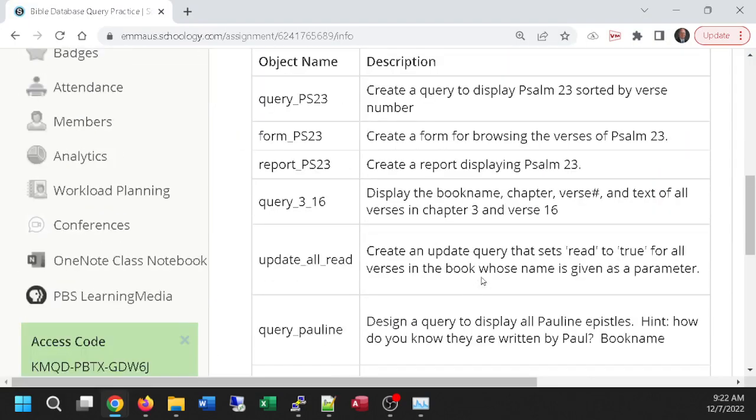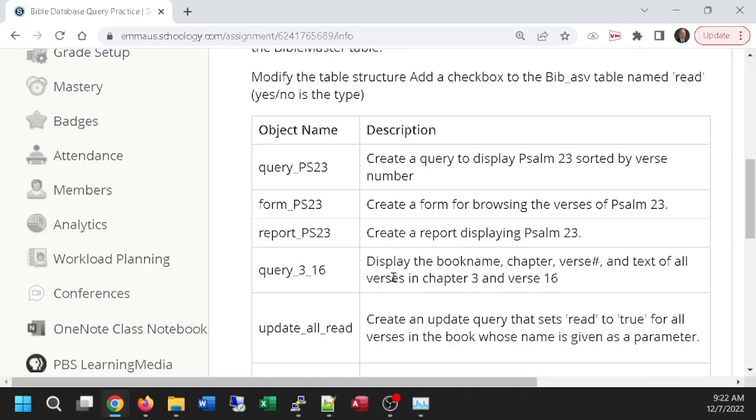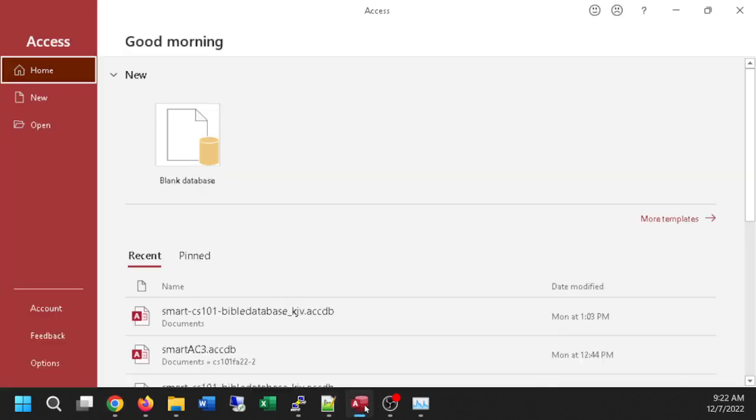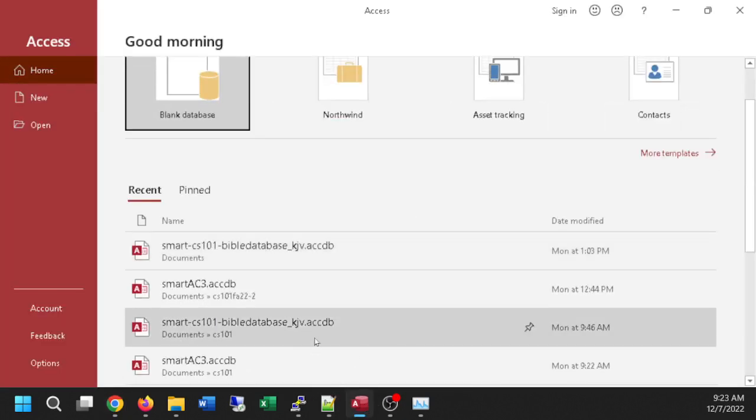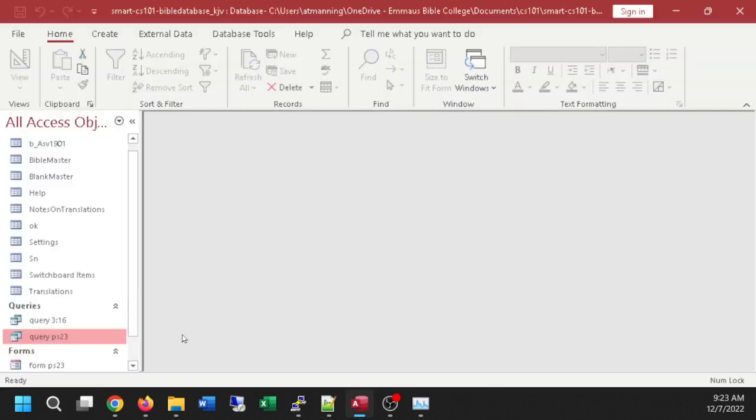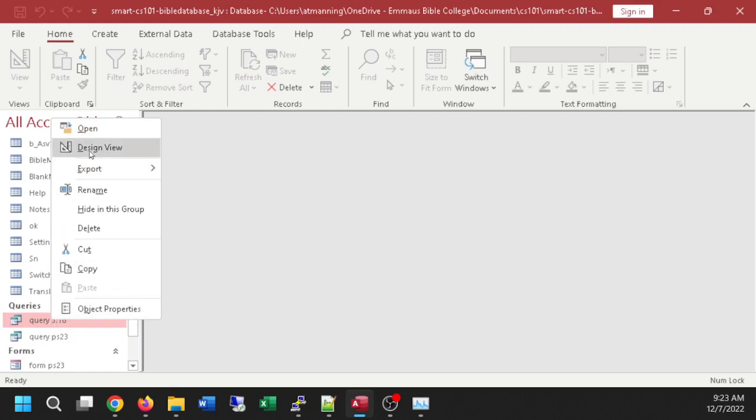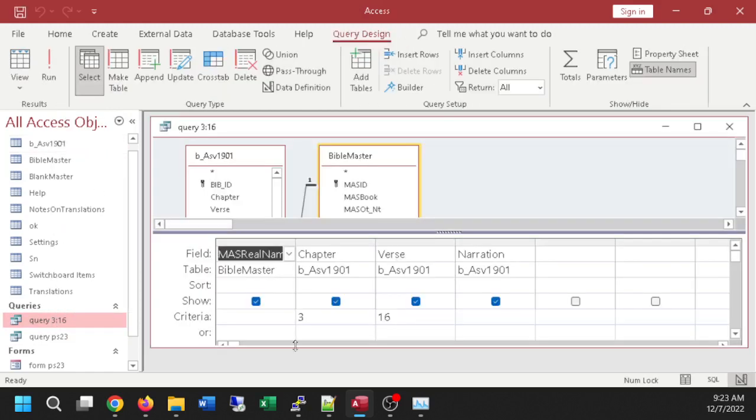We explored the database and then we started writing queries having to do with our Bible database. So let's bring up our Bible database from section 1. And let's just review the queries we did, just to review how queries are built. Remember, I can right-click Query 316, and I can see this query